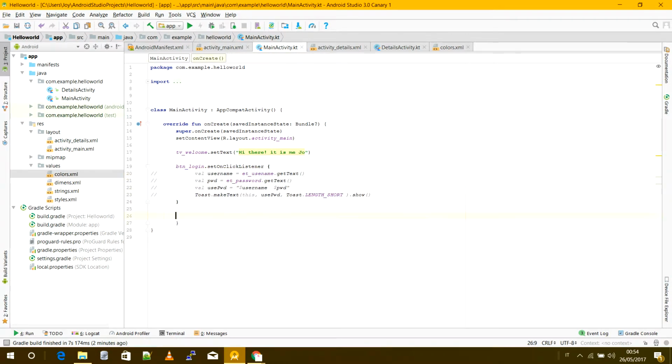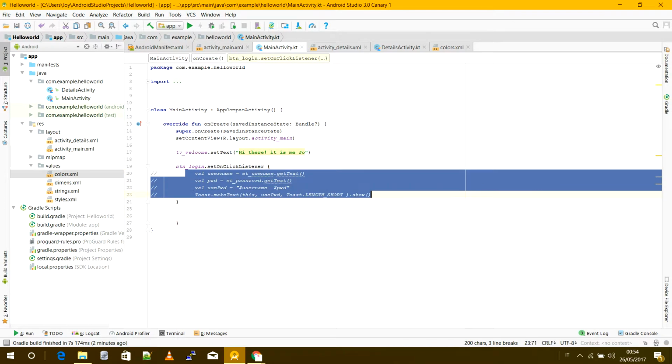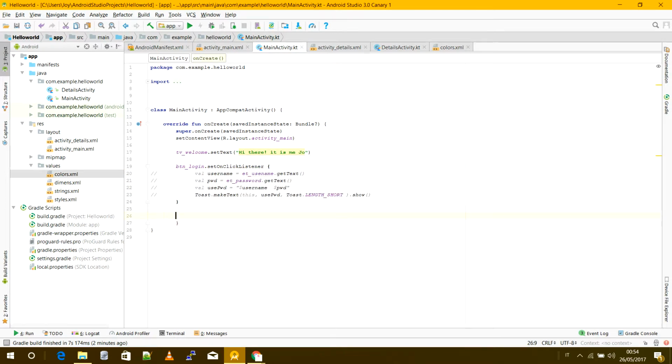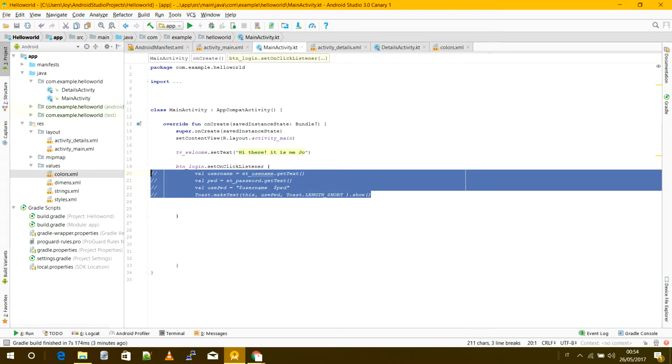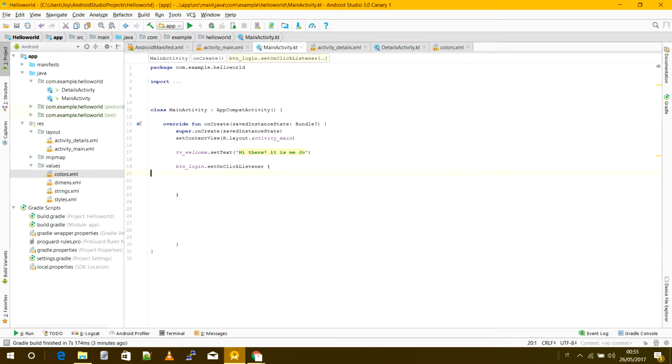This is the shortcut for making comments in Android Studio. Then when I click the login button, login set on click listener, maybe I can remove this. It's better for you to be clear, so I remove this, and